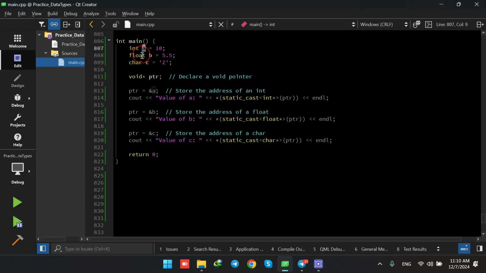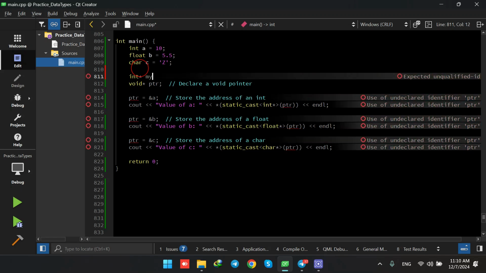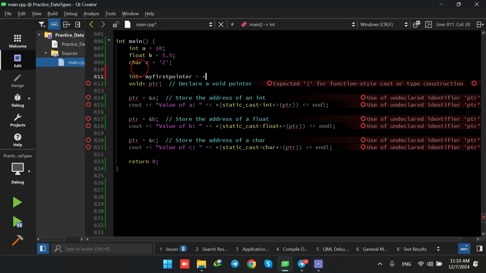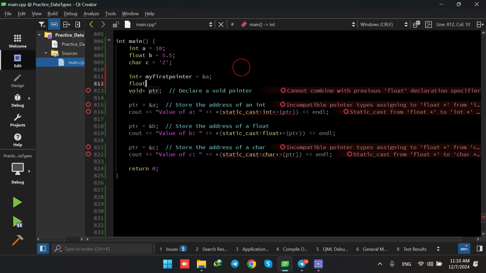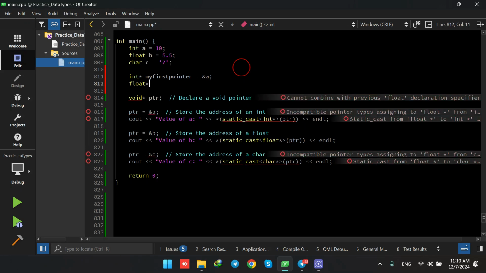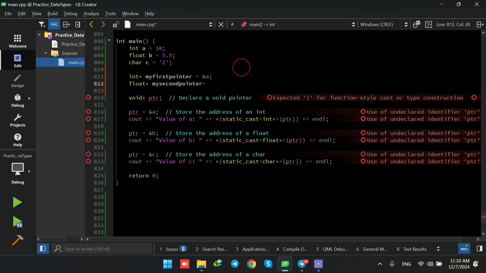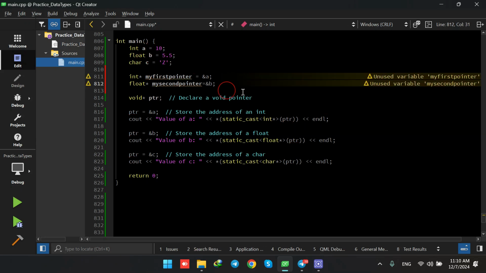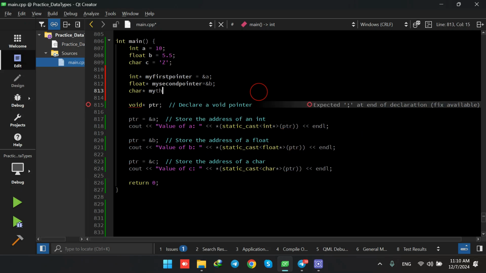One to be an integer pointer, so it should have been something like this: my first pointer, and then we assign the variable a, and then a float pointer, my second pointer, to assign the address of the variable b, and a char pointer, my third pointer,